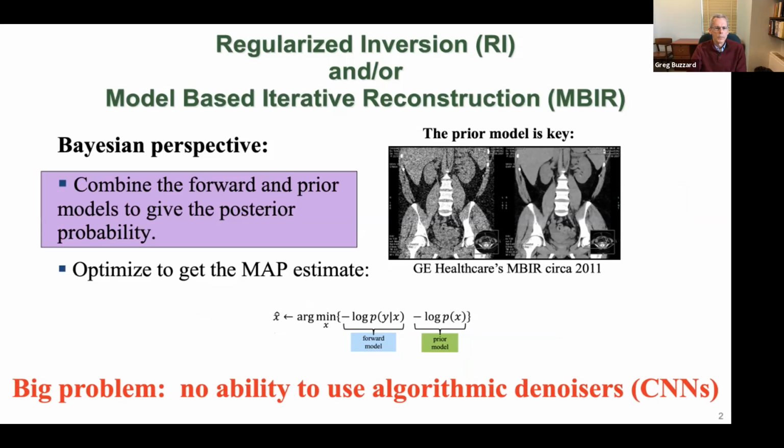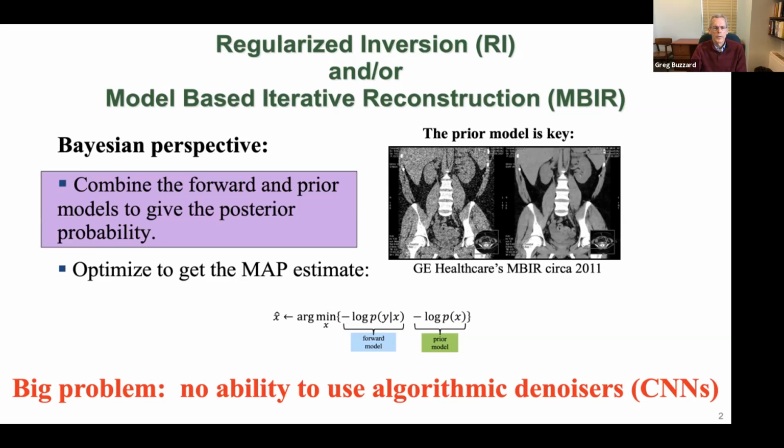A big problem in this formulation is that it's really function dependent. So this forward model, that's fine. We can typically represent the forward model with least squares fitting to some kind of linear model for data collection, or maybe a nonlinear model. The prior model in this form has to be given as a function defined on our space of images, or in 3 dimensions, defined on spaces of volumes. And it's very challenging to develop a functional form for a prior model that gives these kinds of really good results.